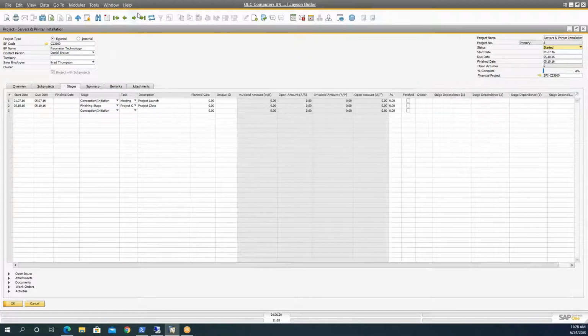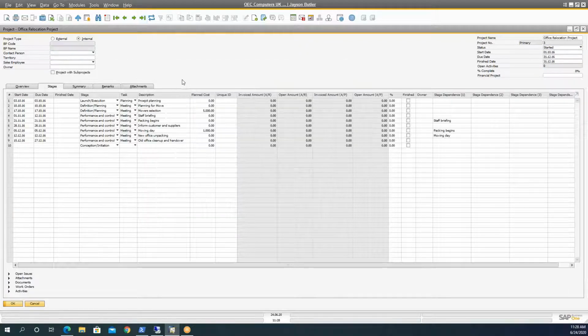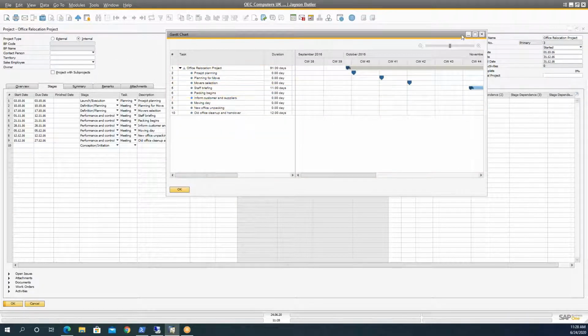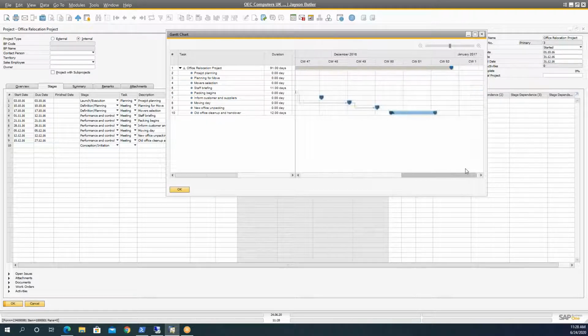So as well, let me go to another which doesn't have. So if I right click again, Gantt chart, here, if I go to my last one, it was 27/12. Now it will change when I make an update. The due date will change automatically based on the Gantt chart change that I have done, and now it's